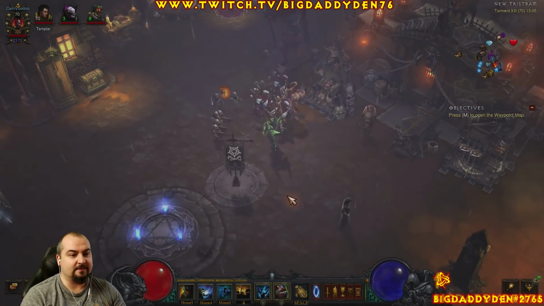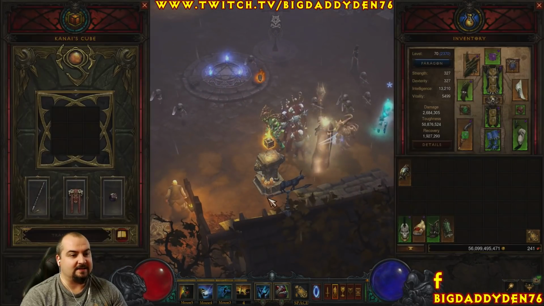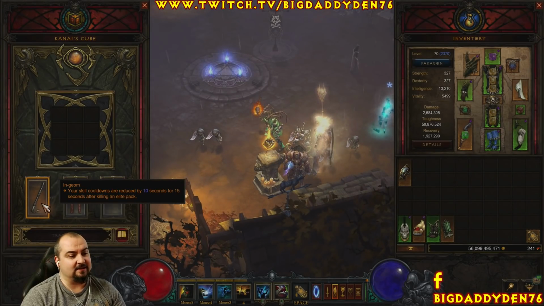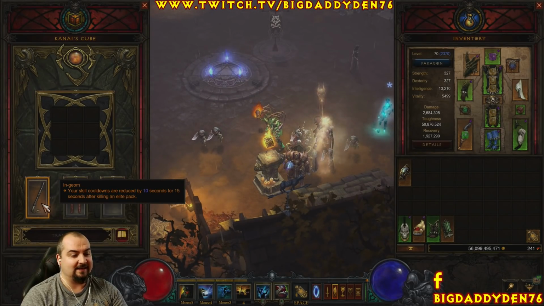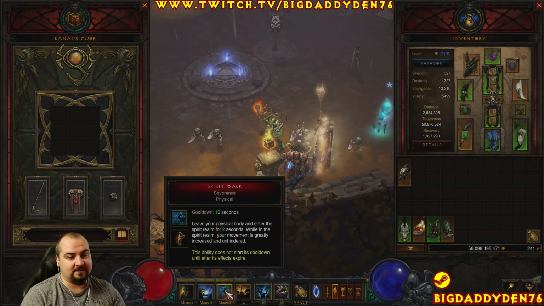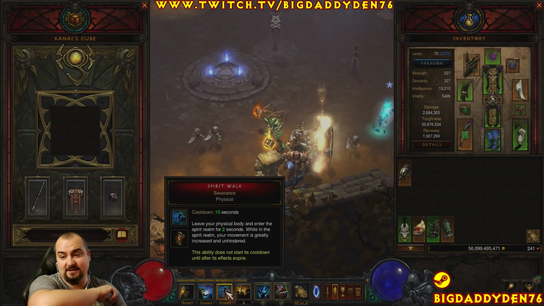So what's in the cube? Let's pop over very quickly. Nice and simple, guys. Inna's. Your skill cooldowns are reduced by 10 seconds for 15 seconds after killing an elite pack. So as soon as you kill an elite pack or a goblin, you can basically spam Severance here, Spirit Walk, Severance, which gives you an enormous amount of movement speed,